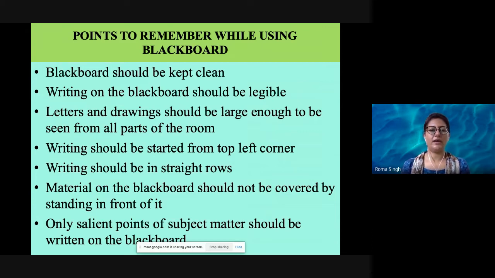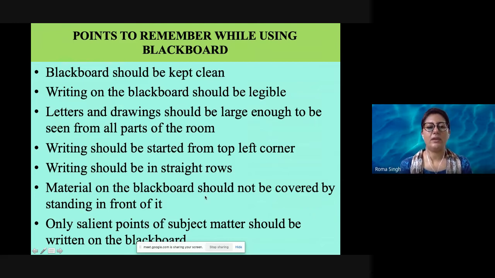This is the feedback which the supervisors generally give to their students, that they should try to write every time on the blackboard. They should make use of writing on the blackboard every time, because without that your class will not be complete. So it is very important to know that you shall always write on the blackboard in a straight row. The writing should not go downwards or upwards.